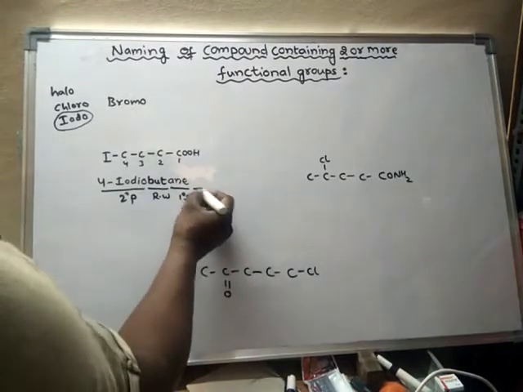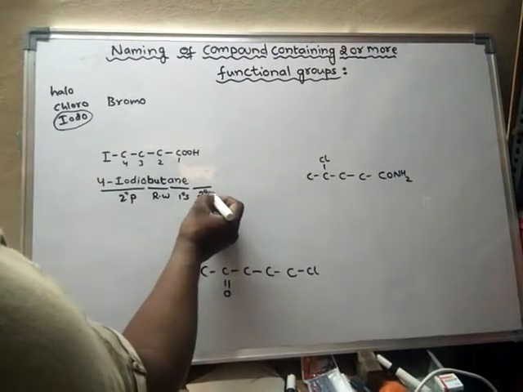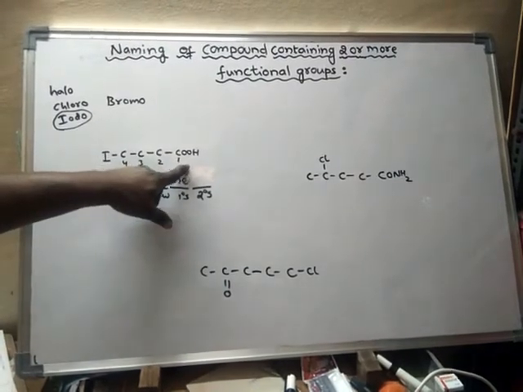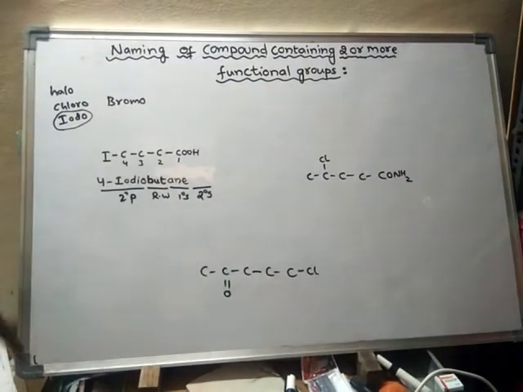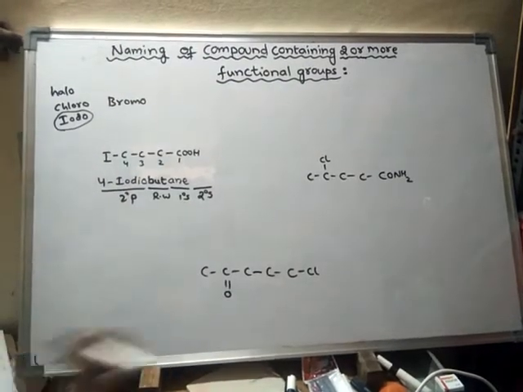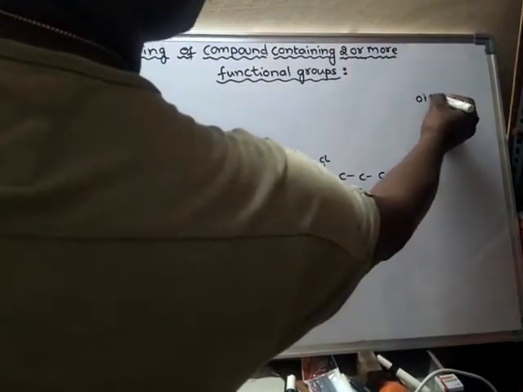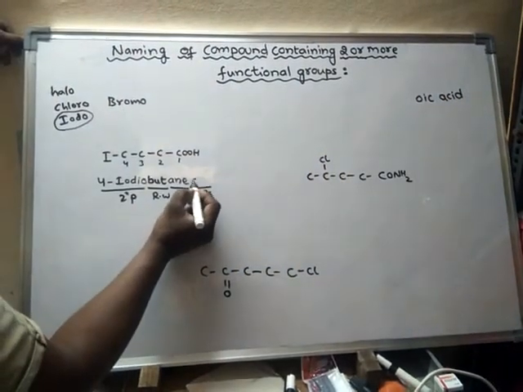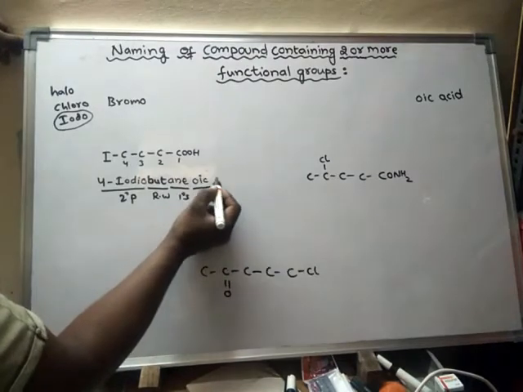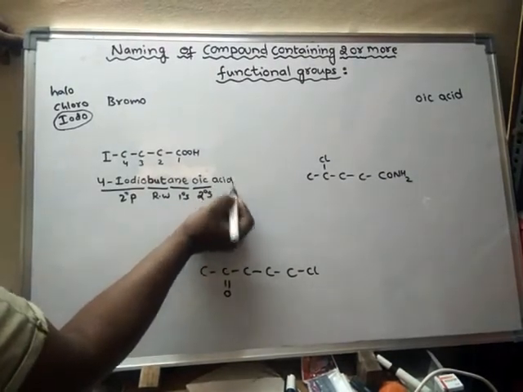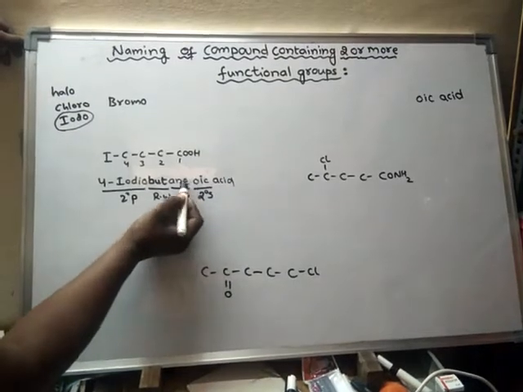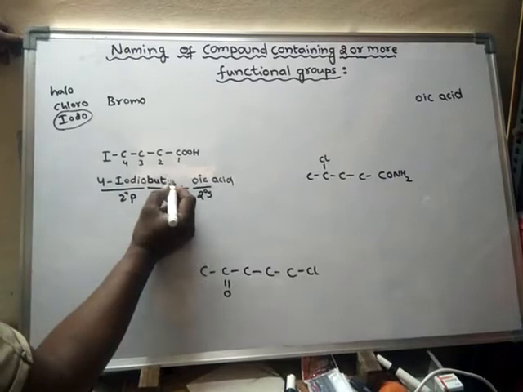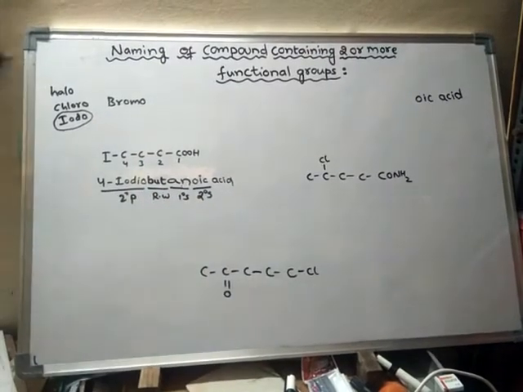So what is the secondary suffix, that means what is the word used for this functional group? For this functional group COOH, we have to use oic acid. So I am writing oic acid. Whenever a vowel is coming, we have to remove this E. So now it will be like this: butanoic acid,